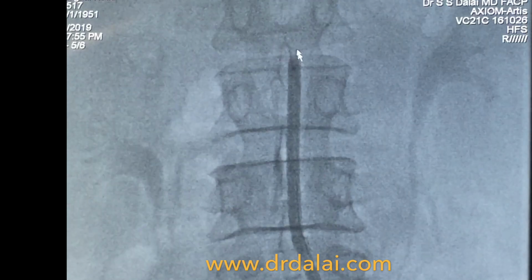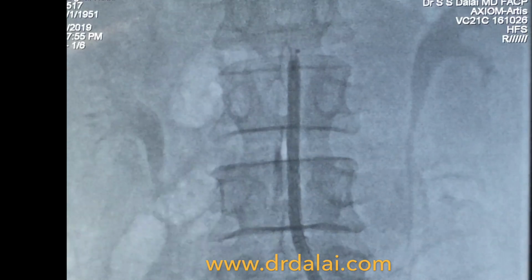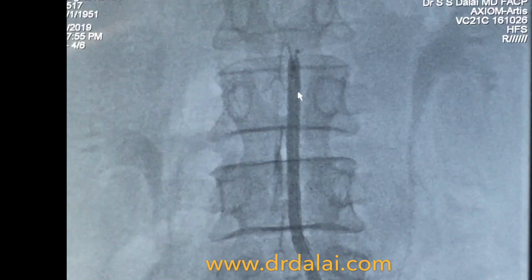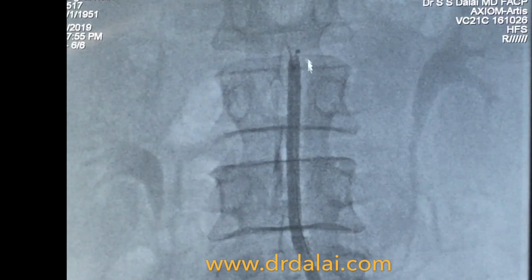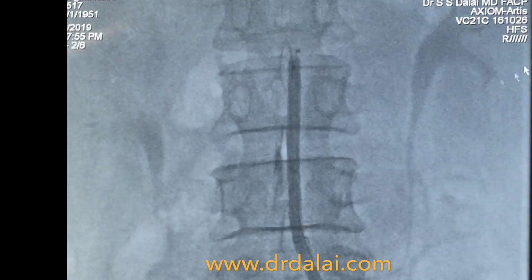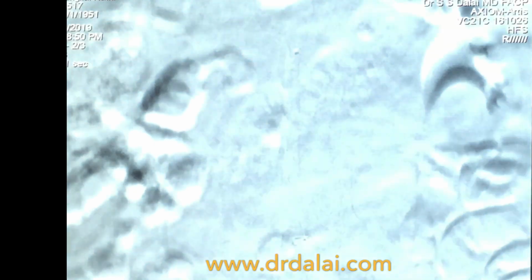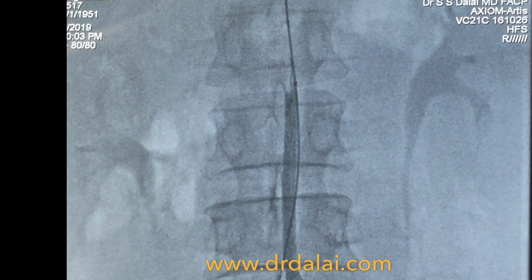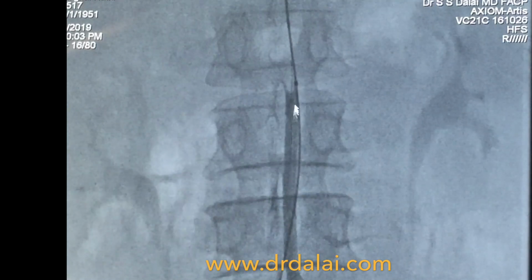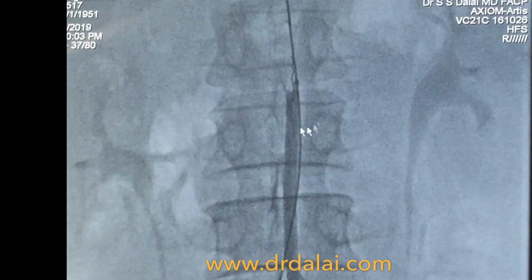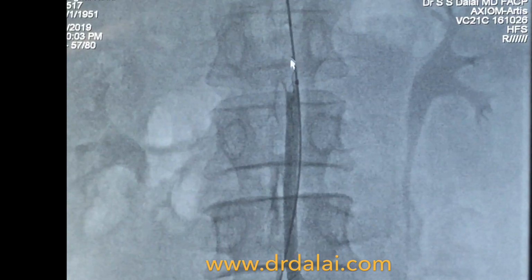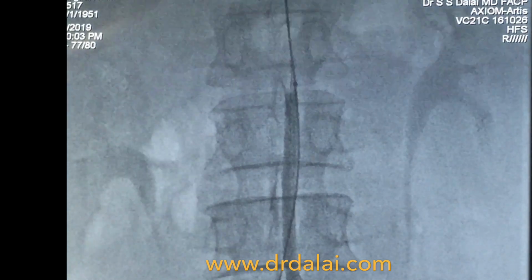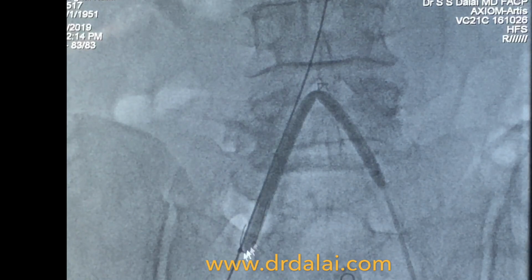So this is the right side balloon, and the left side balloon that's going over there. Then my left side balloon is sitting over the top of the right. So that's fantastic, that's safe, and that's what should be the target. So now this is the right side balloon, and this is the left side balloon. This is the wire inside the balloon, and then we just pull down and do a little bit of angioplasty,